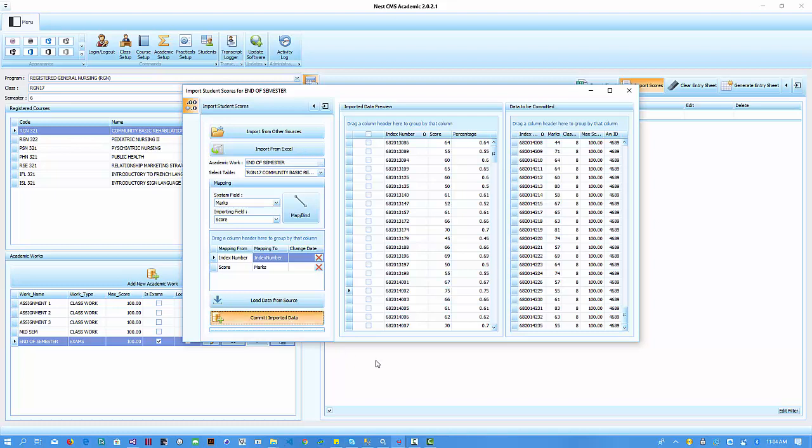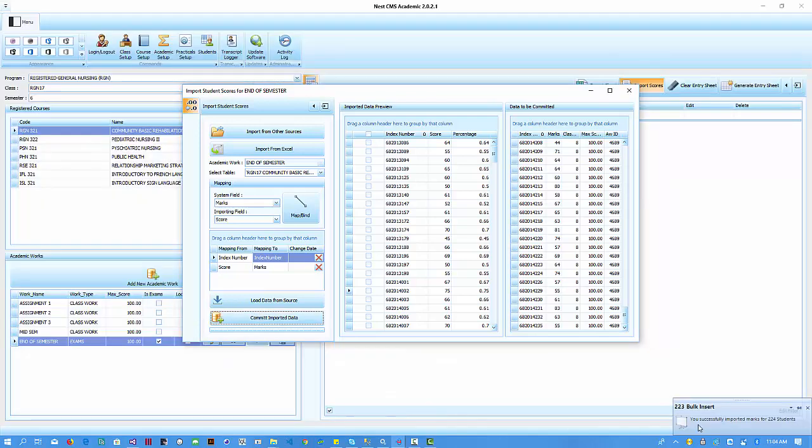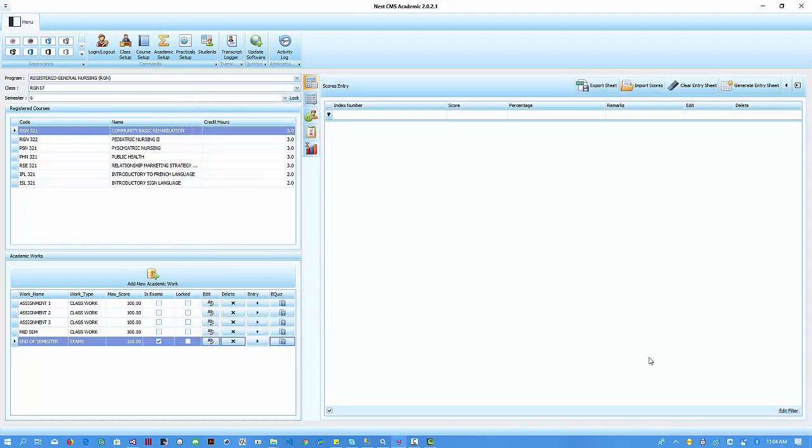So when I click on commit, the machine runs. I think it's still pending, it's trying to complete it. And once it's complete, it gives you a notification that you successfully imported marks for the student number. So in this case, we have 224 students in total. So as you can see, it has cleared the data to be committed automatically. So to check whether the data was actually imported,